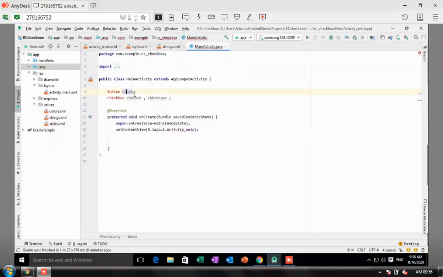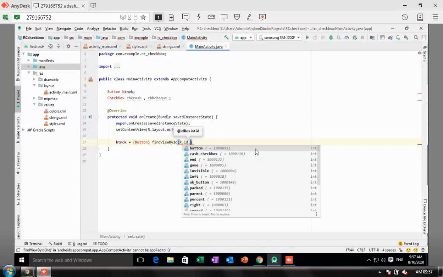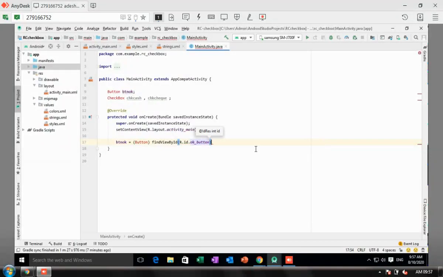So I have to access this button. To access any button, the command is quite simple. I create an object of this. I say new, and casting. Casting is done here. And a very important command is findViewById. And what is my ID name? It's R.id.my button, so I'll be saying OK button. It is accessible.